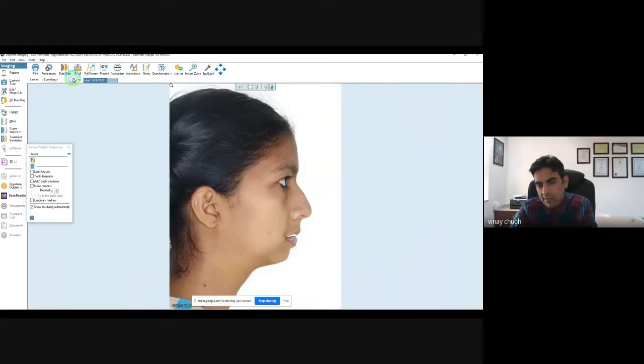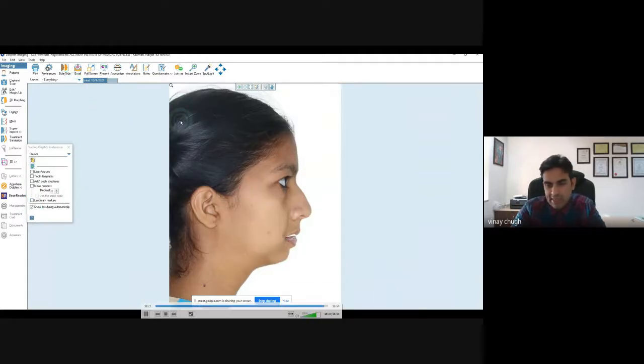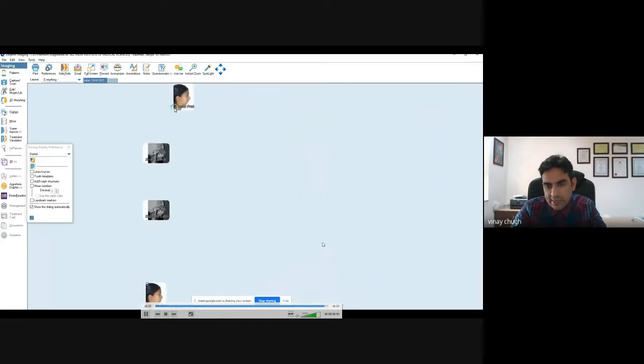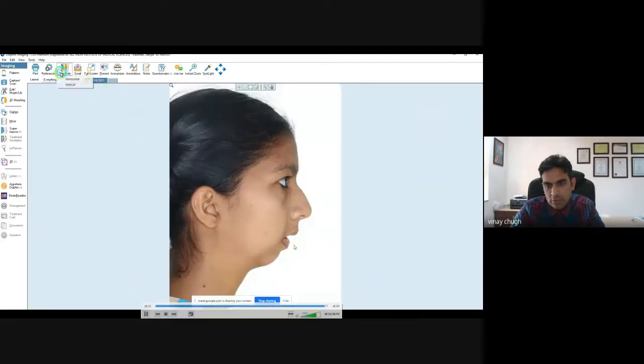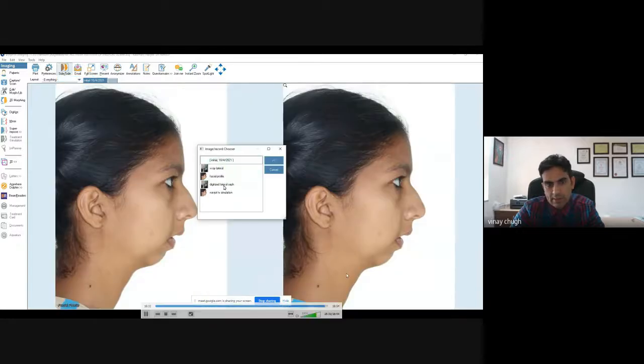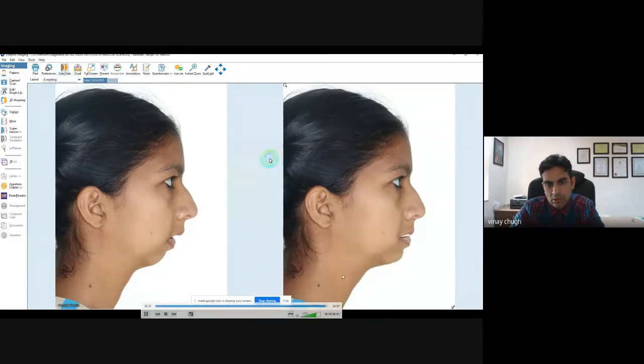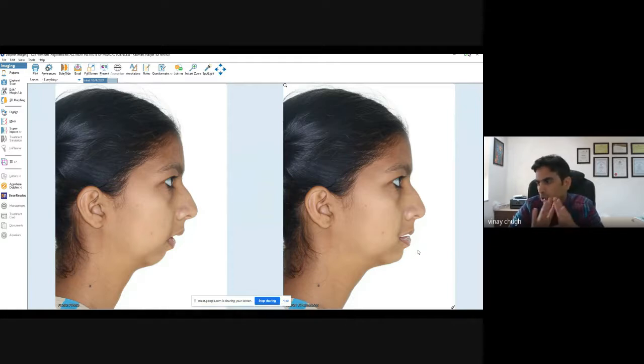So the more accurate your tracing is, the better, like if you're seeing a gap in the lips, you will not see it. This is the post-treatment part. This is pre-treatment, and now I am superimposing it together. So this is pre-treatment and this is post-treatment. This has absolutely nothing to do with the cuts in the maxilla and mandible. This is pure 2D planning based on the cephalogram and the algorithms.